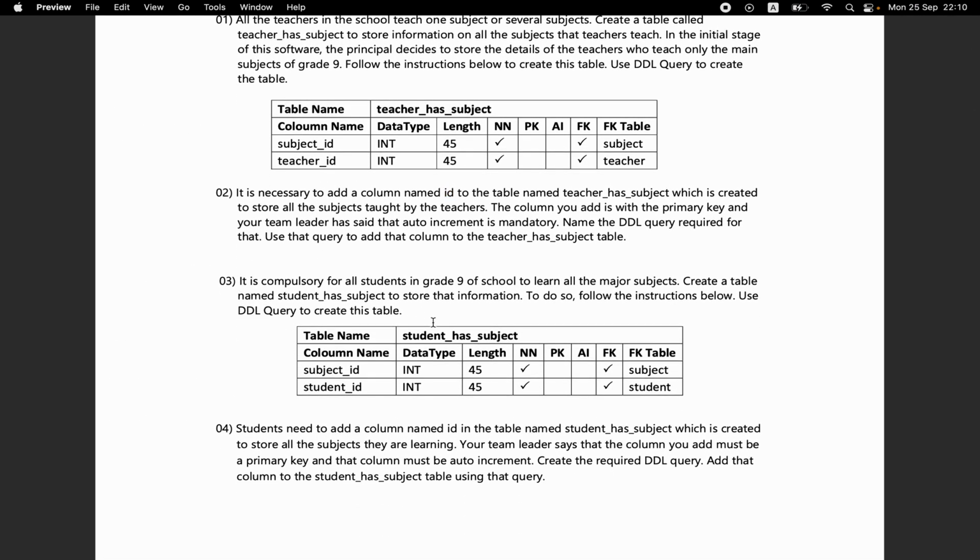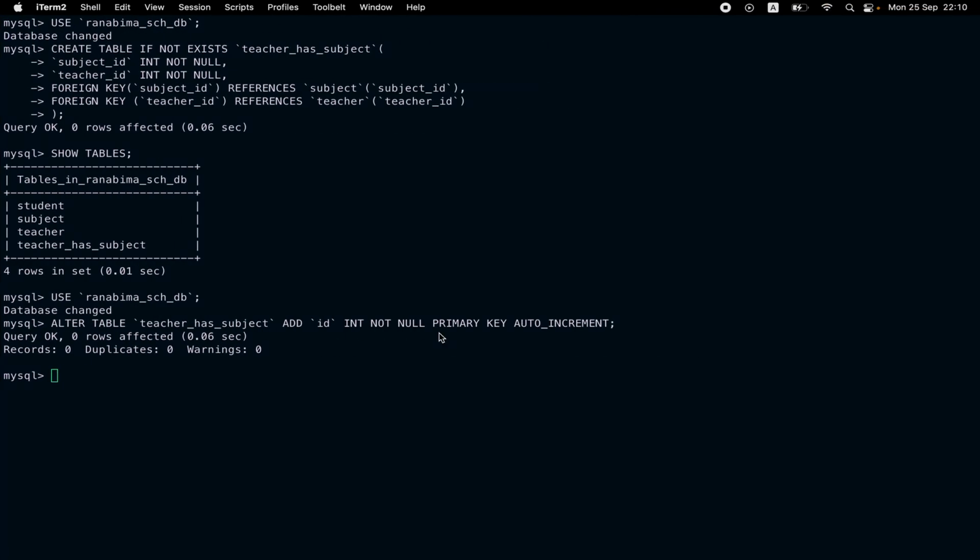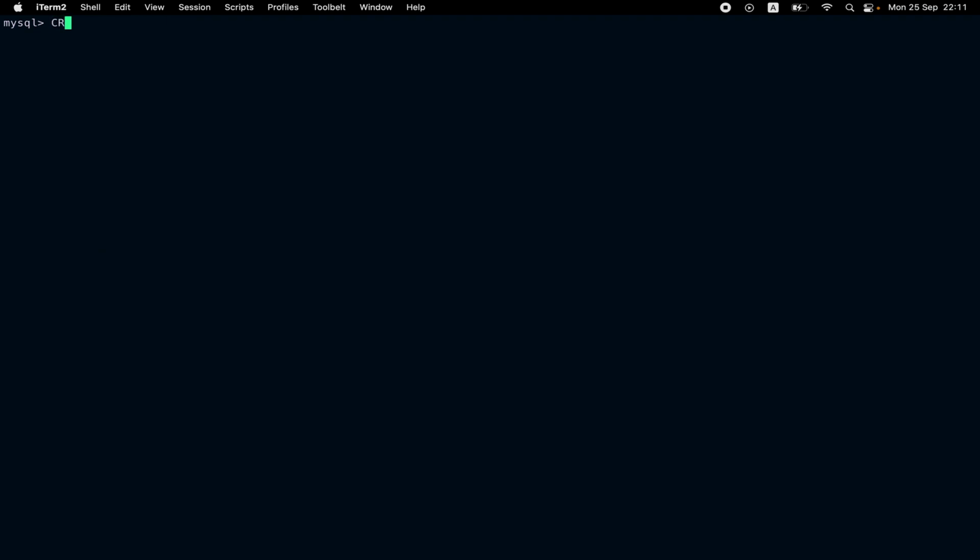The next question is the third one. It is compulsory for all students in grade 9 of school to learn all the major subjects. Create table name student has subject to store information. To do so, follow the instructions below. Use DDL query to create this table. So again, use Ranabima Soul DB, create table if not exist, open brackets, subject ID int not null,